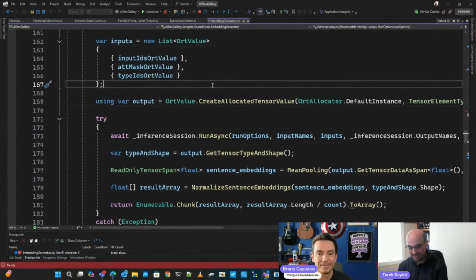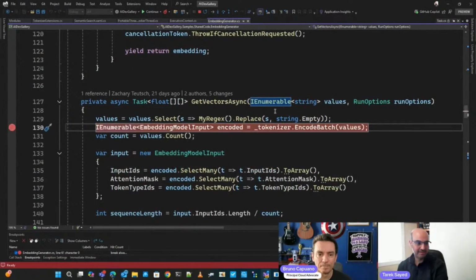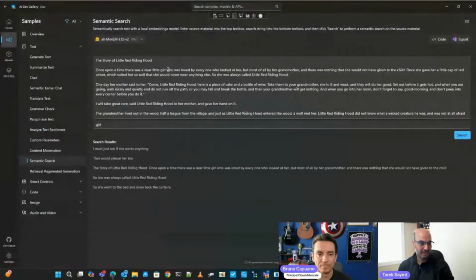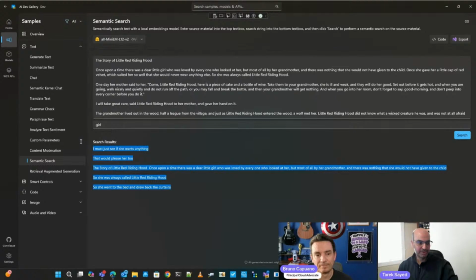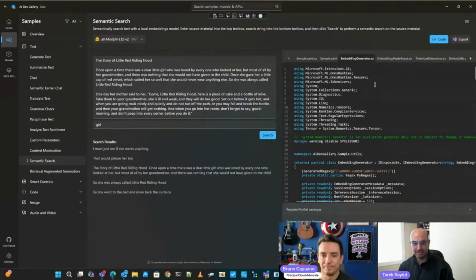Yeah. So if you run it, you can just bypass that, and it will run the semantic search according to what we did using the tokenizer, and also it will generate the result here. The cool thing is you can see the code itself that gets generated for this scenario, or you can export it to your application. And this is free to publish, whatever, for the AI gallery.